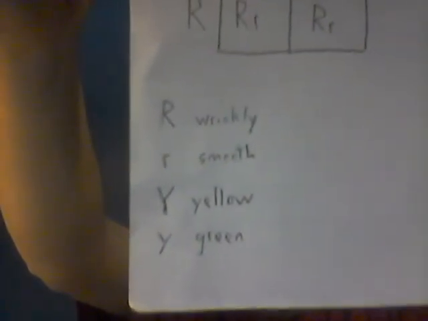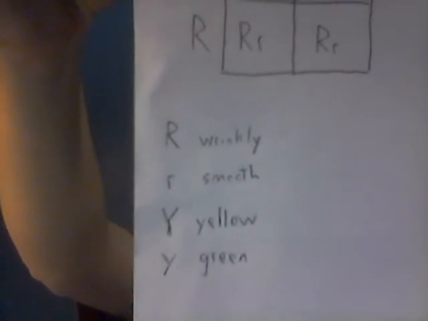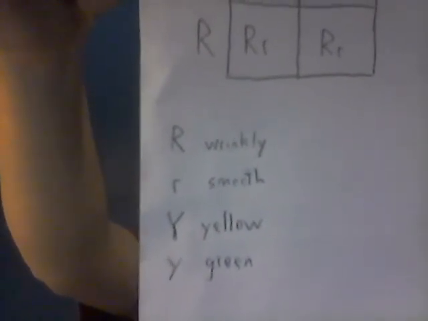Likewise, we're going to use a capital Y for yellow, because yellow is the dominant condition, and a lowercase y for green, which is the recessive. All right, so when we are setting this up, it becomes a little more complex, because Mendel started off with a plant that was homozygous for both dominants. That is, one that he knew was homozygous from selective breeding for the wrinkly condition and the yellow condition. And then he had a plant that was known to be homozygous for both recessives, that it was definitely green and smooth peed. So we are going to do a thing here where we